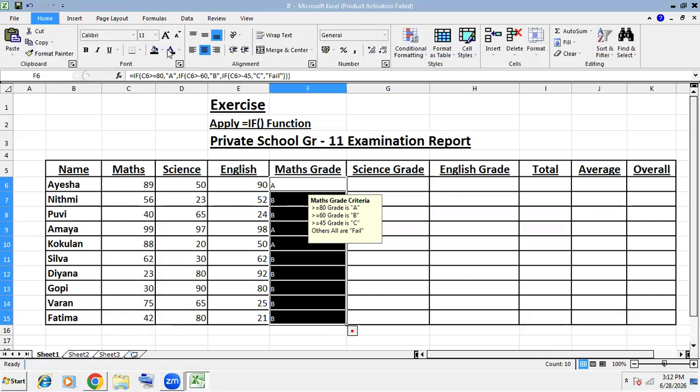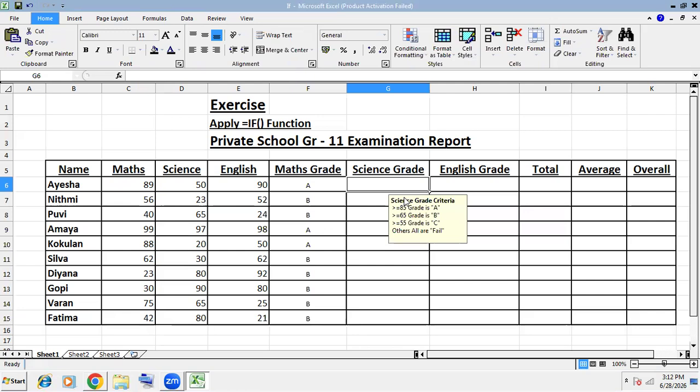So alignment, center alignment or left alignment, right alignment, whatever you can use. So likewise,